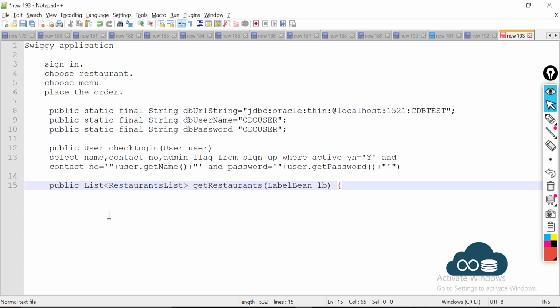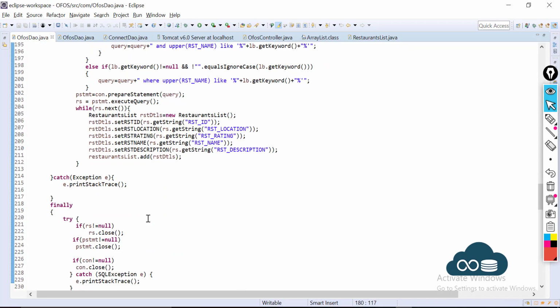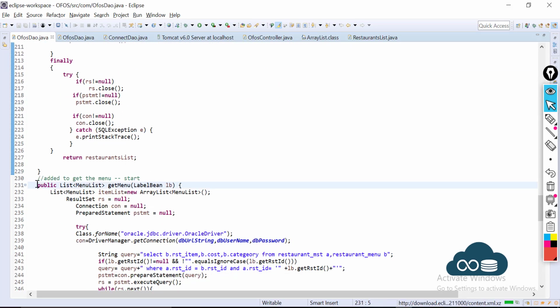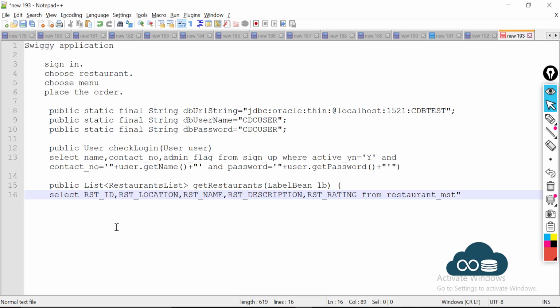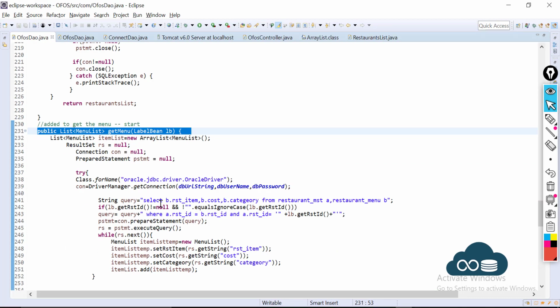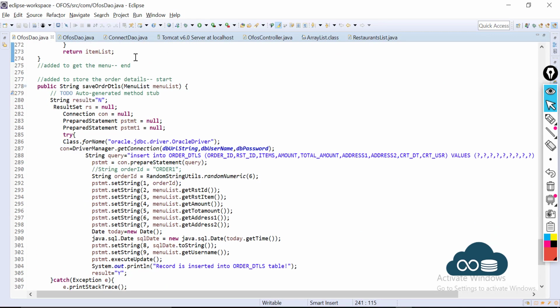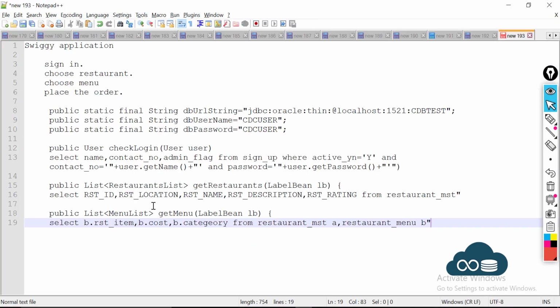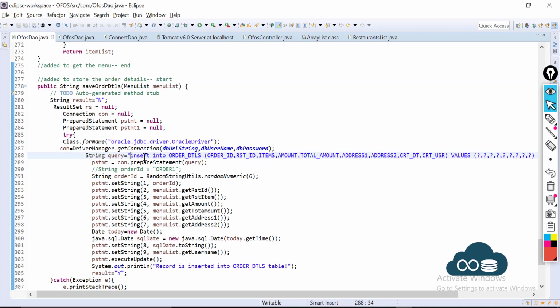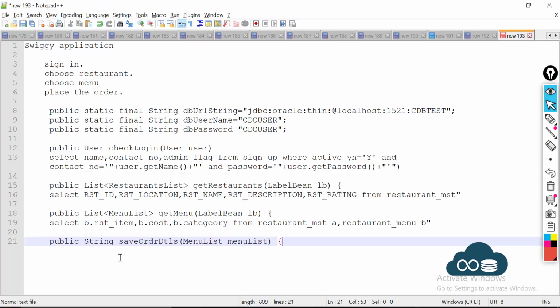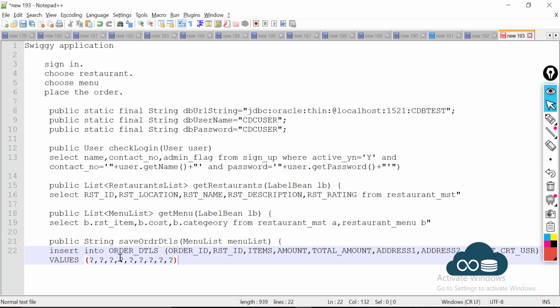Copy. And the third thing, choosing the menu, so get menu. This is what is happening. And the last one, placing the order. This is what is happening.